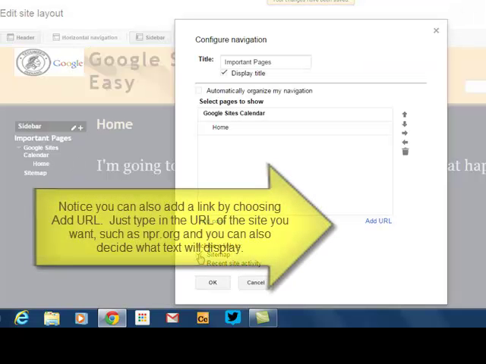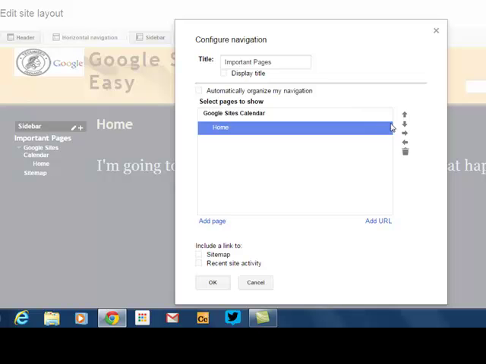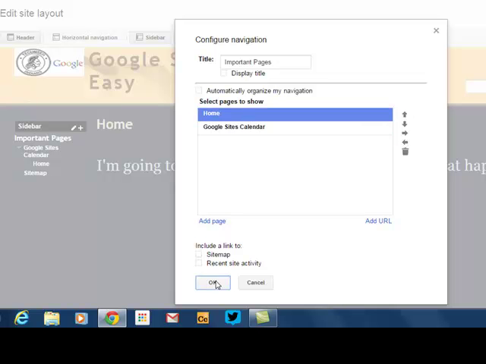Okay. I usually don't have a sitemap on there. My sites are not that complicated that I need a sitemap. And I'm going to put the home page at the top. I'm going to say OK. All